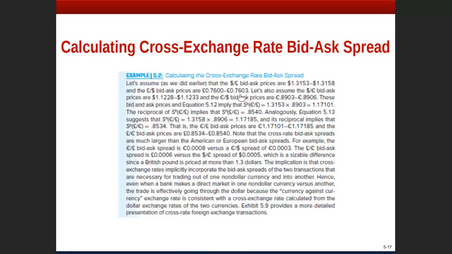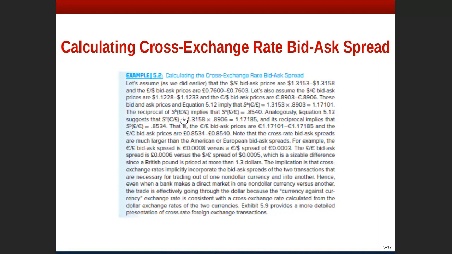The pound dollar bid ask prices are as shown here. Let's assume that the dollar euro bid ask prices are as shown here, and the euro dollar bid ask prices are again shown here. These bid and ask prices, in conjunction with equation 5.12, imply this exchange rate here between the euro and the British pound. If you take the reciprocal, then you have